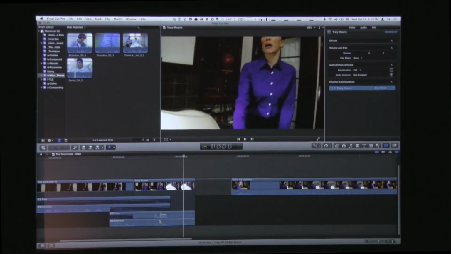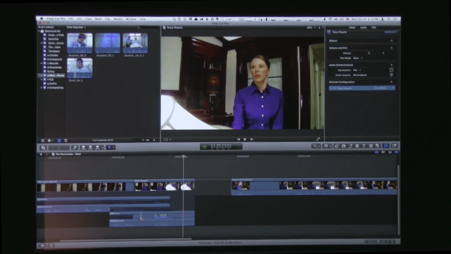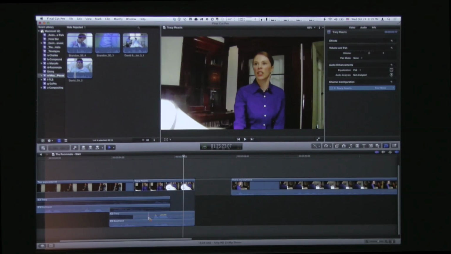So with just a couple of little tweaks and moves around, I can obviously finesse that a little bit. Point is, though, I have complete control of each individual channel. I can move it, trim it, pull them out, extend it. I can even do volume adjustments. For example, she's pretty loud here,